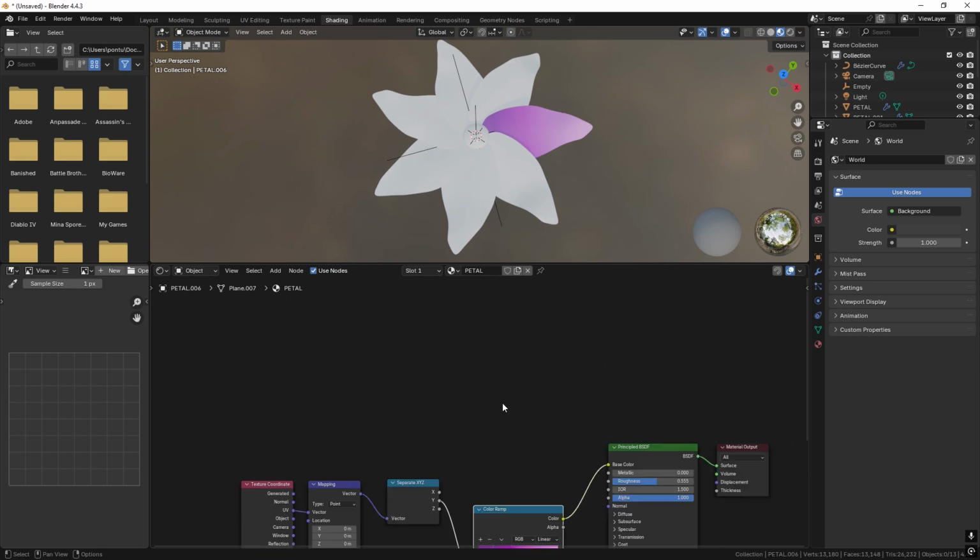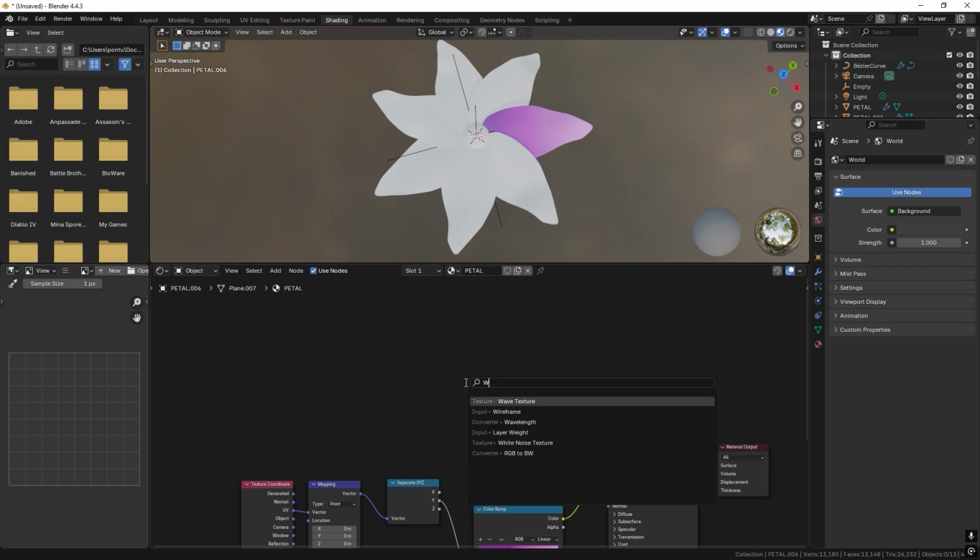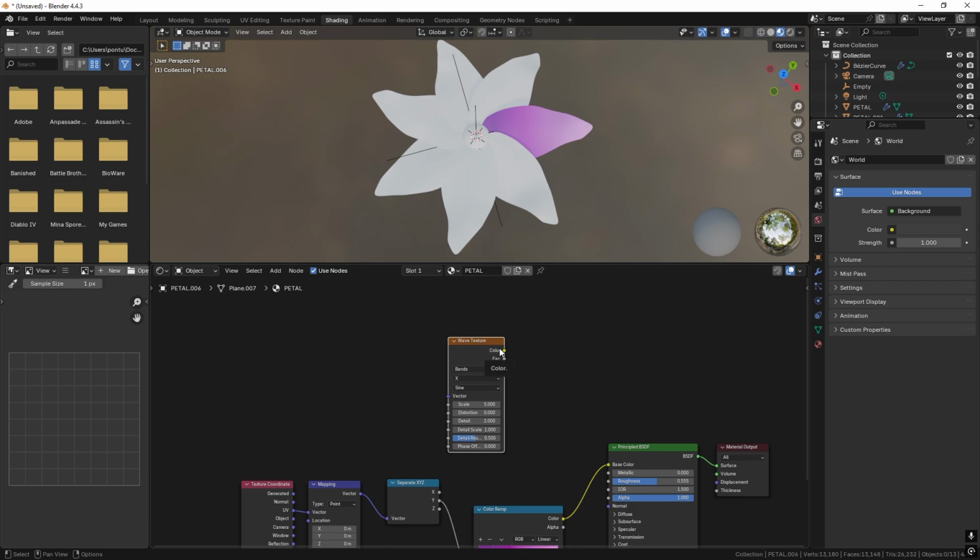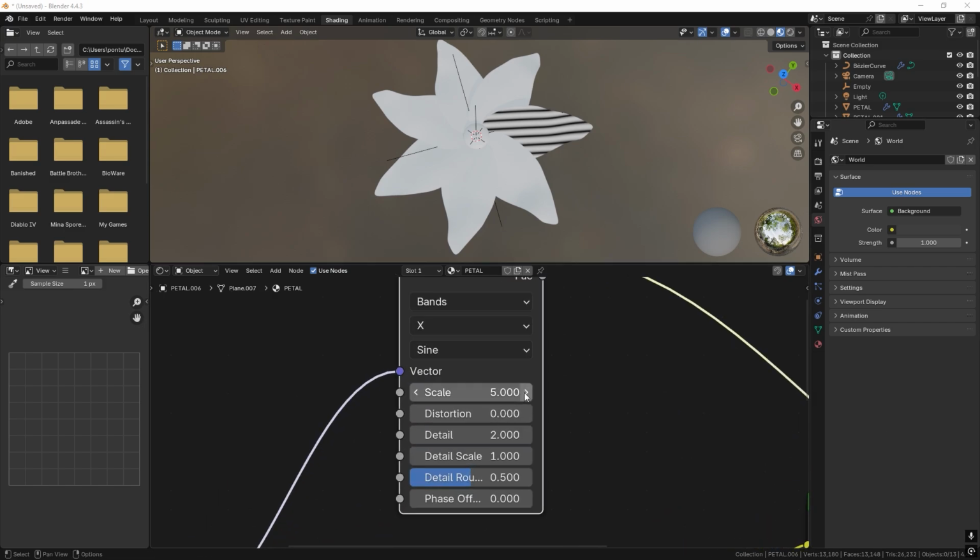But now I want to add some stripes, so let's add a Shift A wave texture. Let's put it here, and we can press Ctrl Shift left click to see how this will behave. We can use the same vector into this one, and we can see the stripe like so. Great. And it almost looks correct from the beginning, but I want more, so let's go with a higher scale,